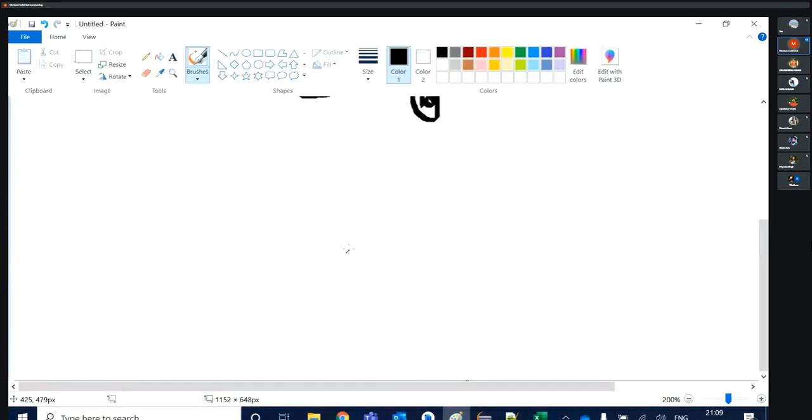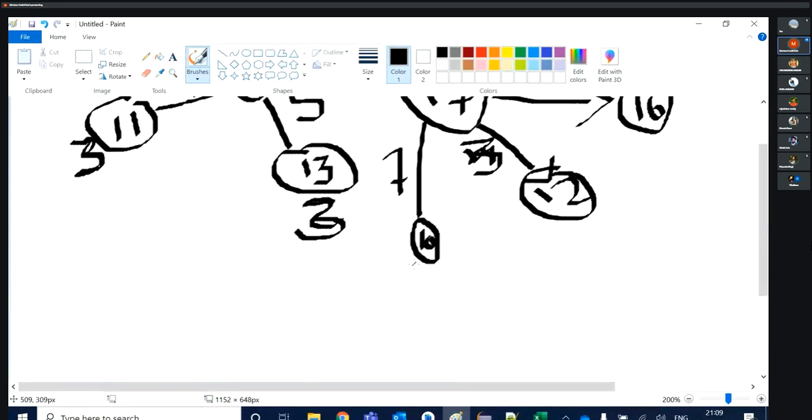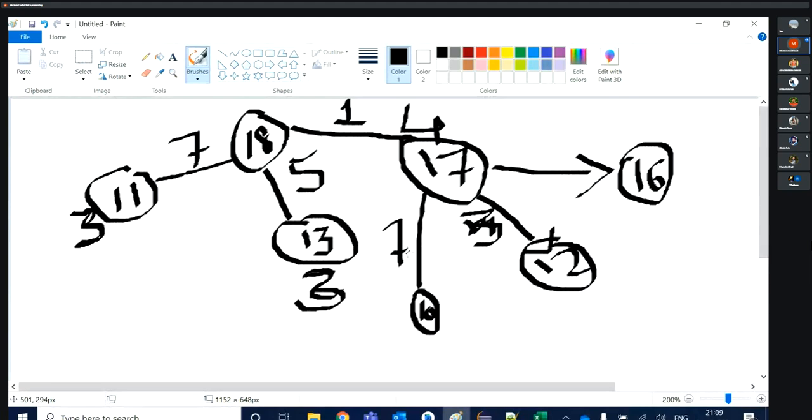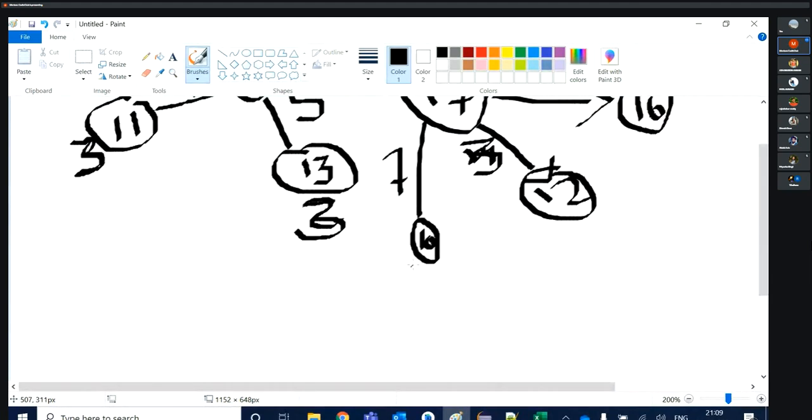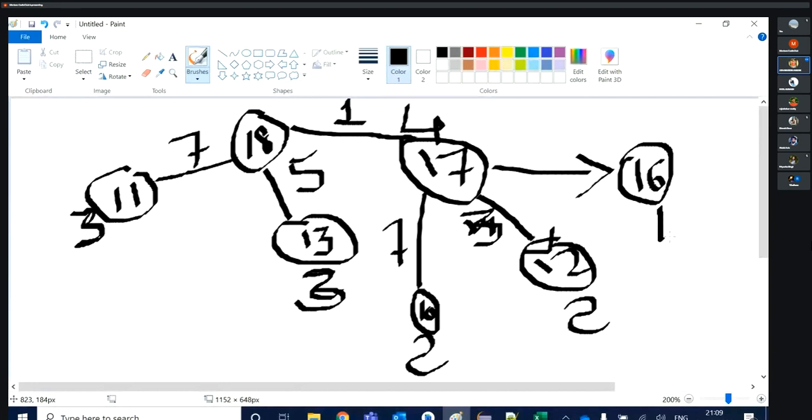Let's assume, what is the answer for 10 with denominations 1, 5, 7? 2. For 12? 2. For 16? 10 is 7 plus 3, 14 plus 1, 16. With a 1 rupee coin I'll get 2.